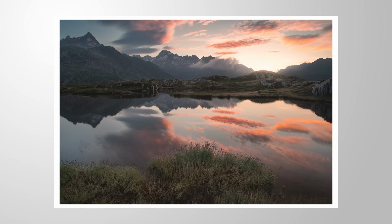Now that we have taken a look at all the different versions, let me show you my edit. I wanted this shot to give off a rather warm sunrise feeling, so I did work with a lot of red, orange and yellow tones. At the same time, I went for a more desaturated look this time because I thought it looks good. However, after seeing all the other edits, I might go back on that and bring up the saturation for the